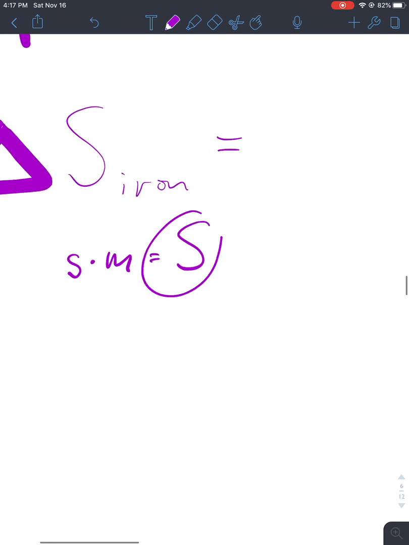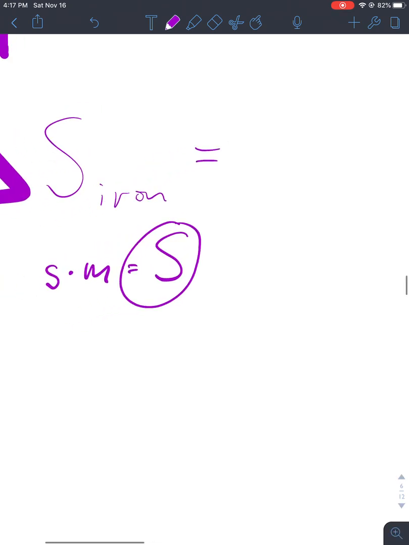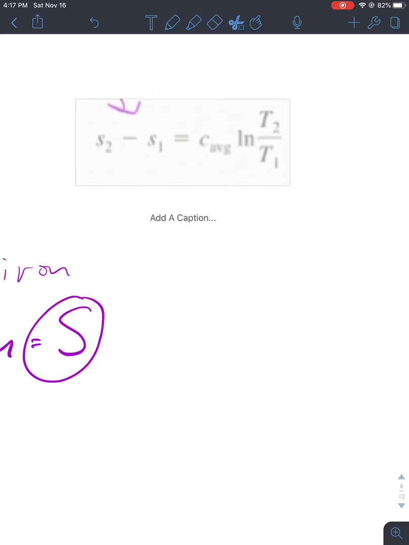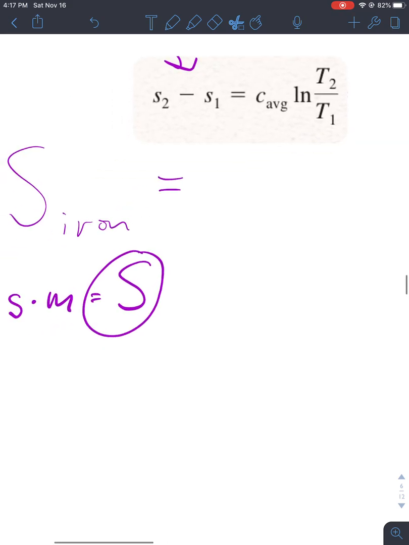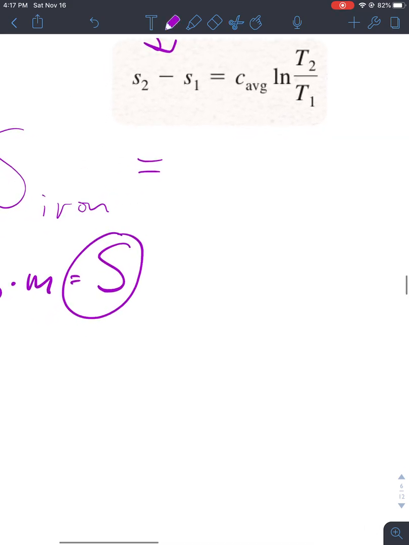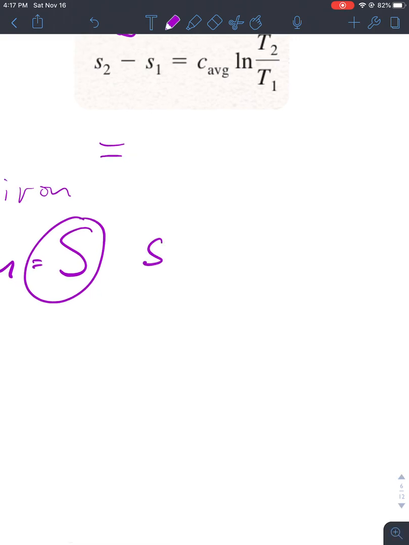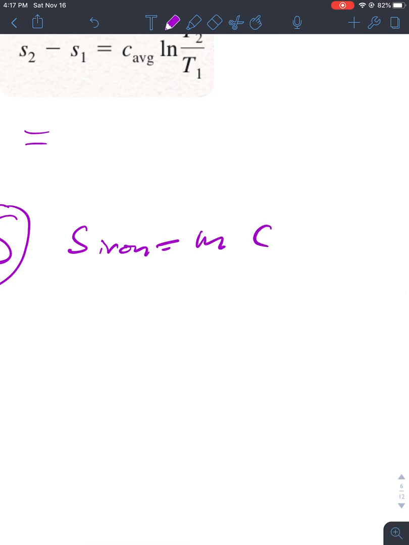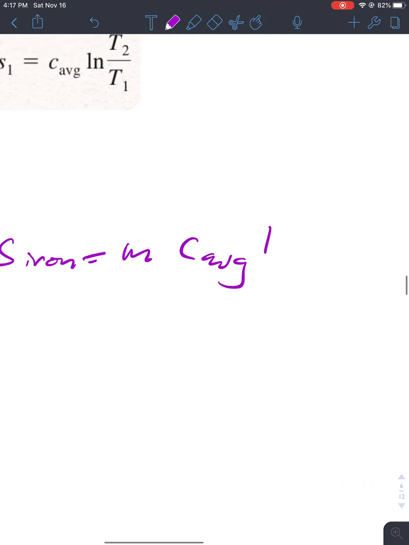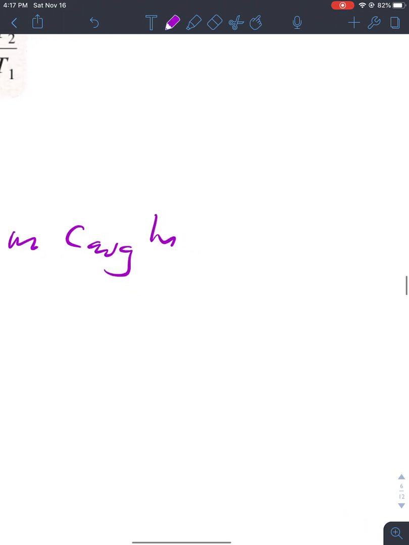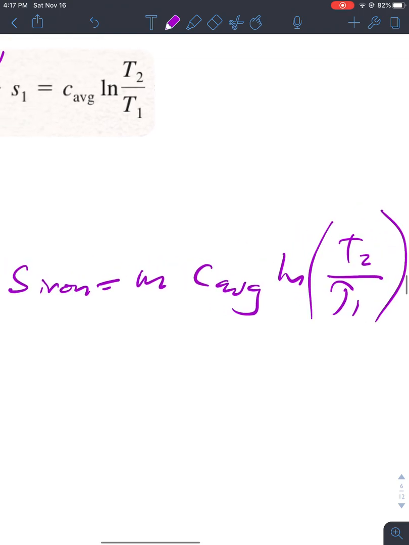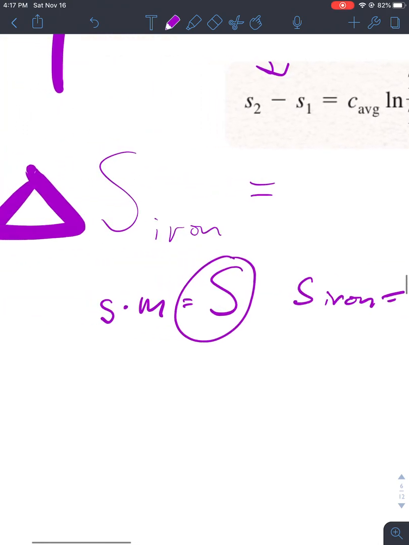Apparently, according to the solution, I think that's what it is. So we're using big S, which uses this equation. All right, so big S iron equals MC average natural log temperature T2 over T1, which is